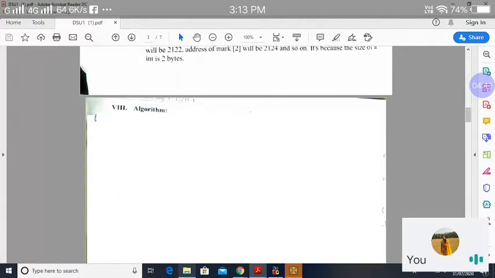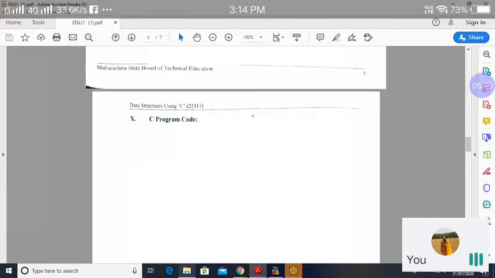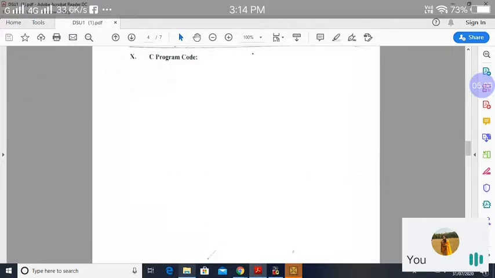After this basic information about arrays, you have to write down the algorithm here. This is the space in your manual where we have to write the algorithm. After writing the algorithm, you have to draw the flowchart, and after that you have to write down your C program code